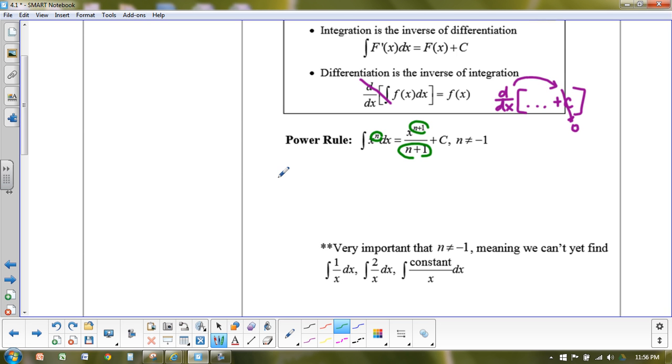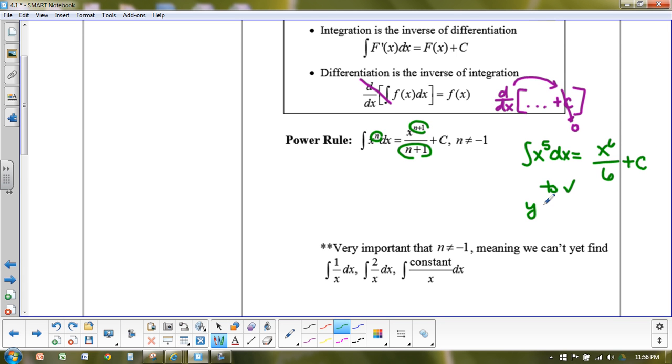So let's take an example. Like the integral of x to the 5th dx. If I want to integrate that, they're telling me I need to add 1 to the power, so x to the 6th, divide by the new power 6, and then plus c. Well, if you want to check,